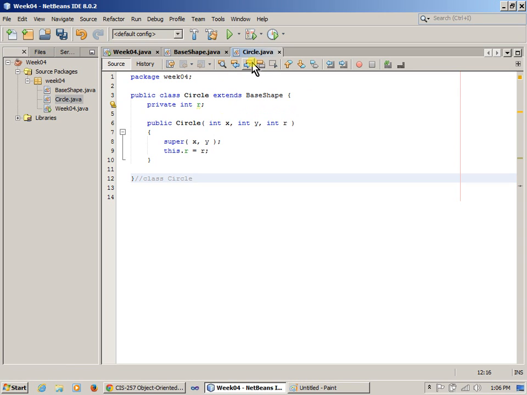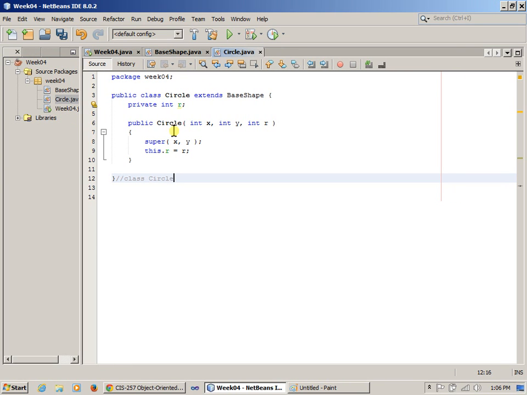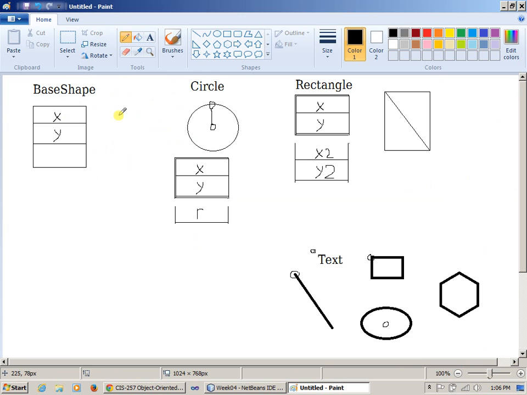So we have this type of situation where, once again, we define the base shape, we added x and y to it, and then we added a circle class, and we said that the circle actually extends, and we can basically draw an arrow like this to say that x and y is extending from the base shape. So this is where circle gets x and y, right? And also adds its own radius to the picture for the actual class. Okay, so let's